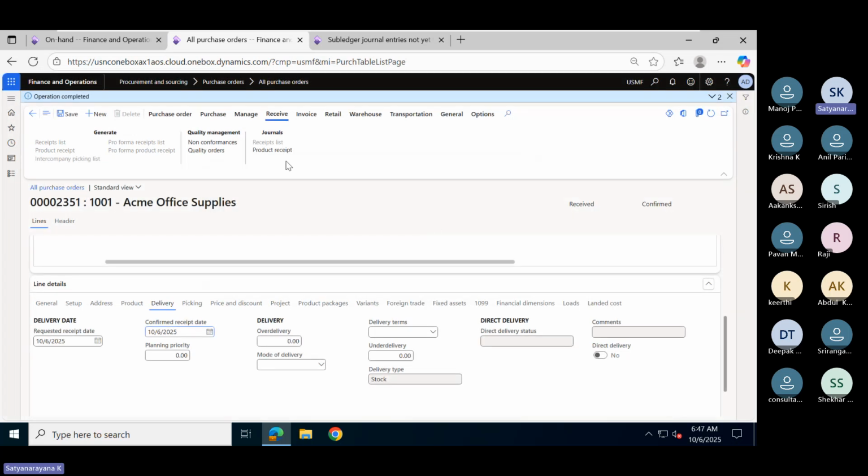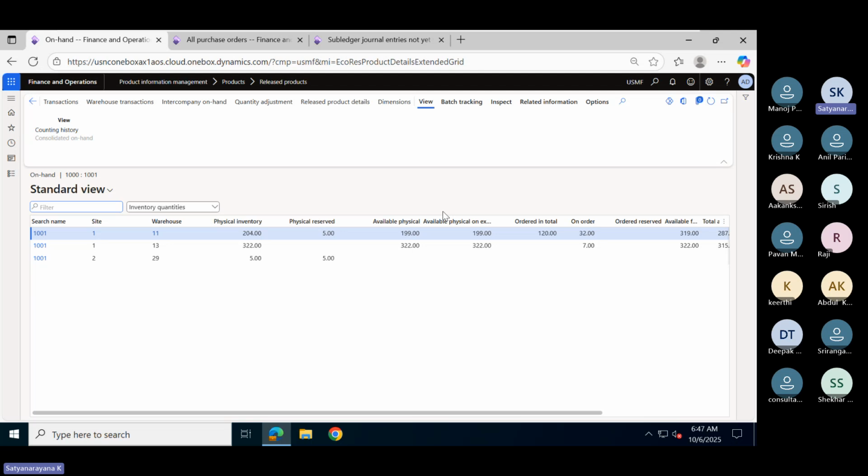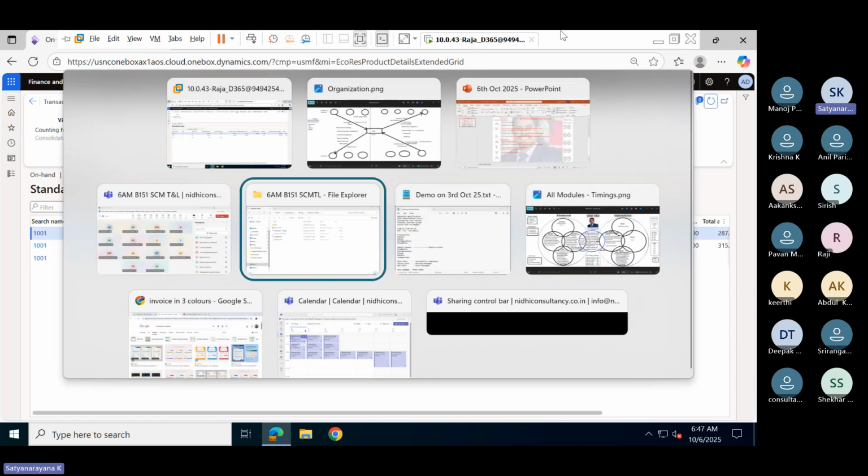Now, if you do product receipt, what happens? Here, this will become 108 once again. This will become 204 plus 12. So it is 216. That means we have received material and it is available physically, physical inventory. That means in our warehouse,